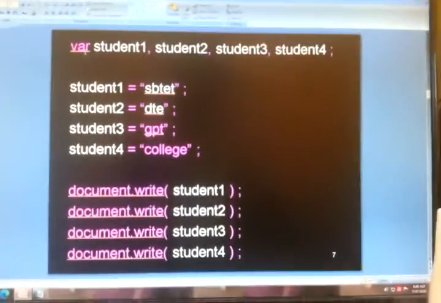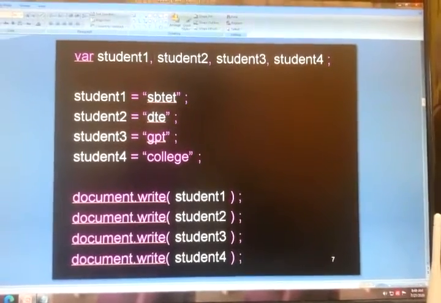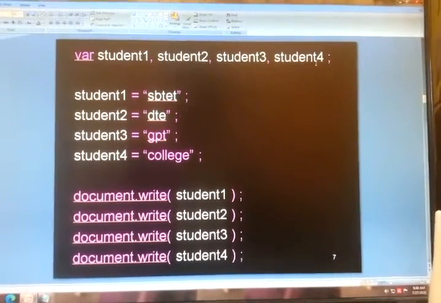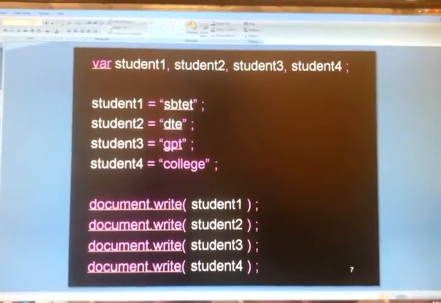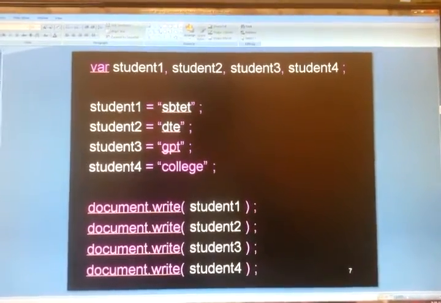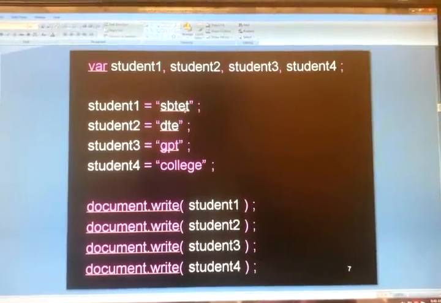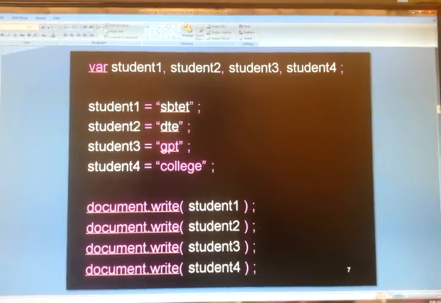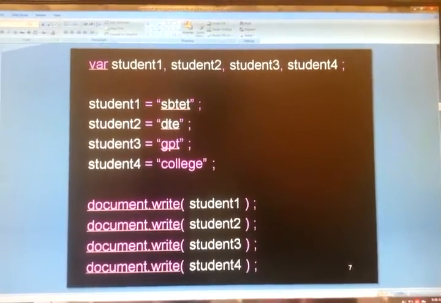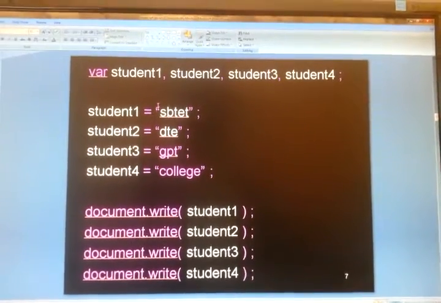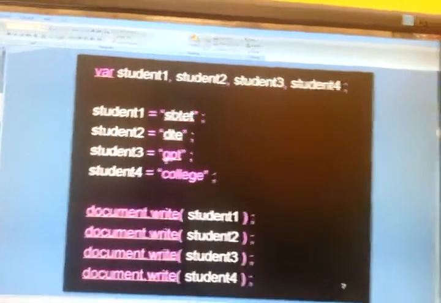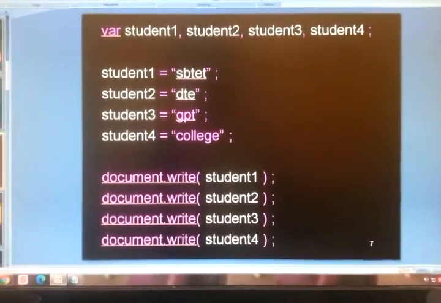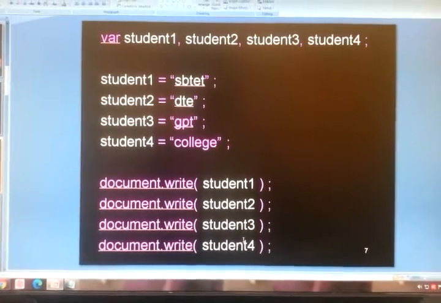Suppose variable student 1 is there, student 2 is there, student 3 is there, student 4. So 4 students. So what we do? Let student 1 is equal to, within double quotes, executed, student 2 is equal to... This is declaring variables, this is assigning value to the variables,